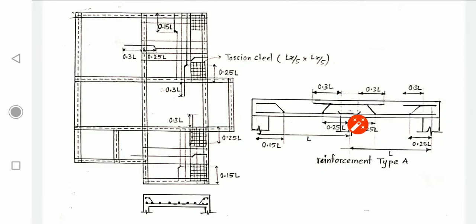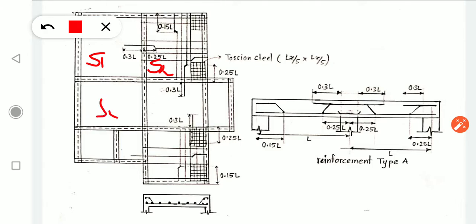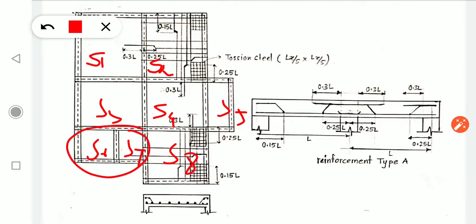Okay, so in this plan let's say it is slab S1 and this is S2, S3, S4, S5, S6, S7, S8. Now thinking about these two panels, these two are sunk slabs, because looking at the size of those slabs, it is clear to us that those rooms are not for any other purpose, but are placed like that to make WC and bath over there, right? So this space is used for WC and bath.